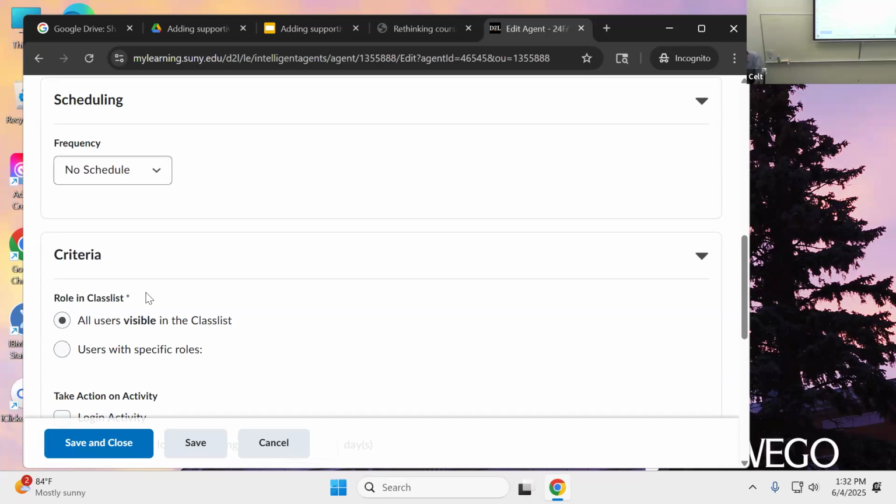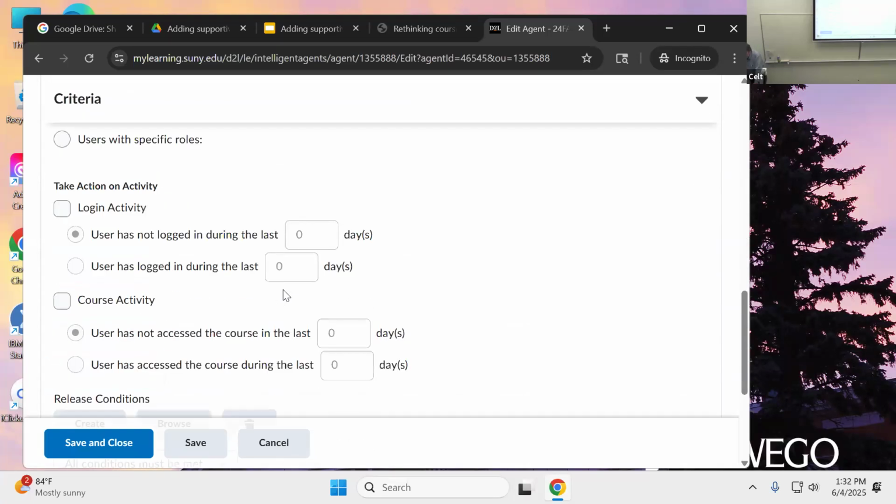And if you did happen to have undergraduate TAs, they get it too, but they at least know more about what's going on by getting this. And here's some things you could do. You could have it tied to login activity or course activity. I would generally, if you're going to just send a reminder about logging in, probably select course activity,